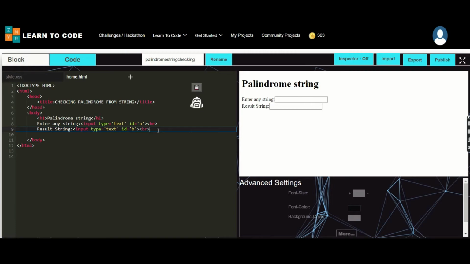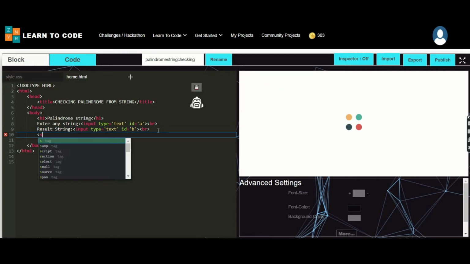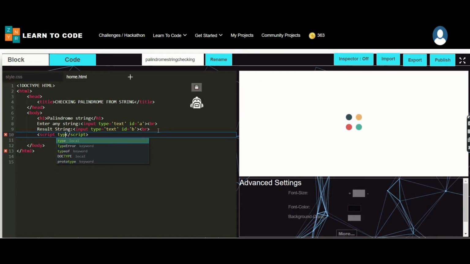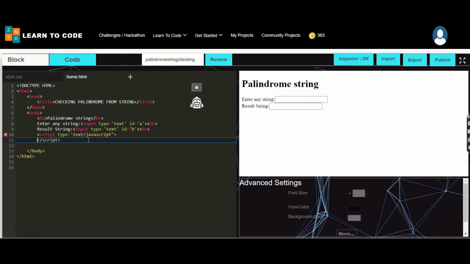So next I'm going to add the function part. Under the function part, I'm making the script, and the script type is text or JavaScript. So I have added the script type as JavaScript.